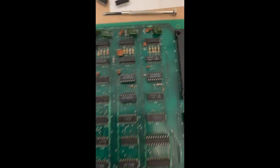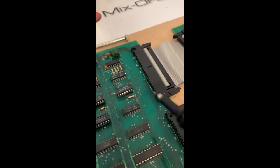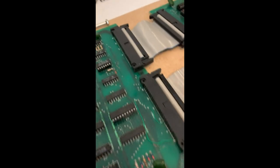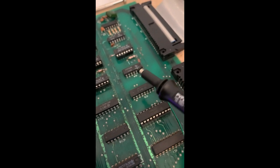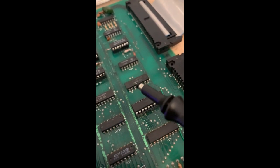Right, I've just been probing with the oscilloscope, and we seem to have a few problems here, and I think partly some of it is down to potentially breaks in the tracks going to this connector. It's the same as the problem we had here, because the signals that we have missing on this chip, the ones that we've just tested, they come directly through this connector